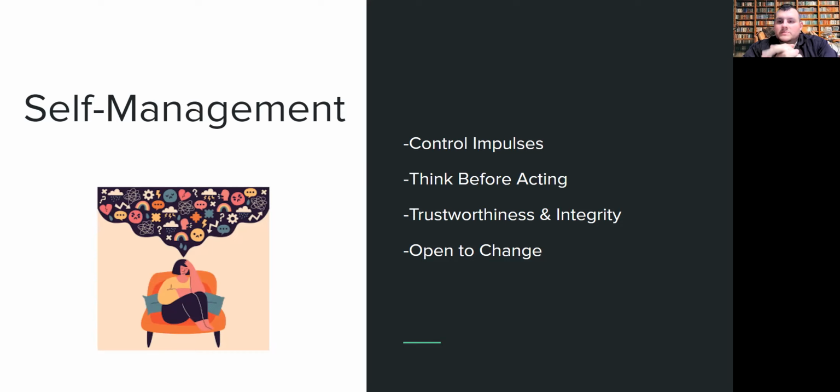Also with self-management, you're looking at trustworthiness and integrity. So others being able to really trust what you say you're going to do, as well as being able to know that people are going to do the right thing. So that helps with the learner in that you can begin to trust them to be self-guided in their learning and to do projects and those things on their own without having to hold their hand the entire way.